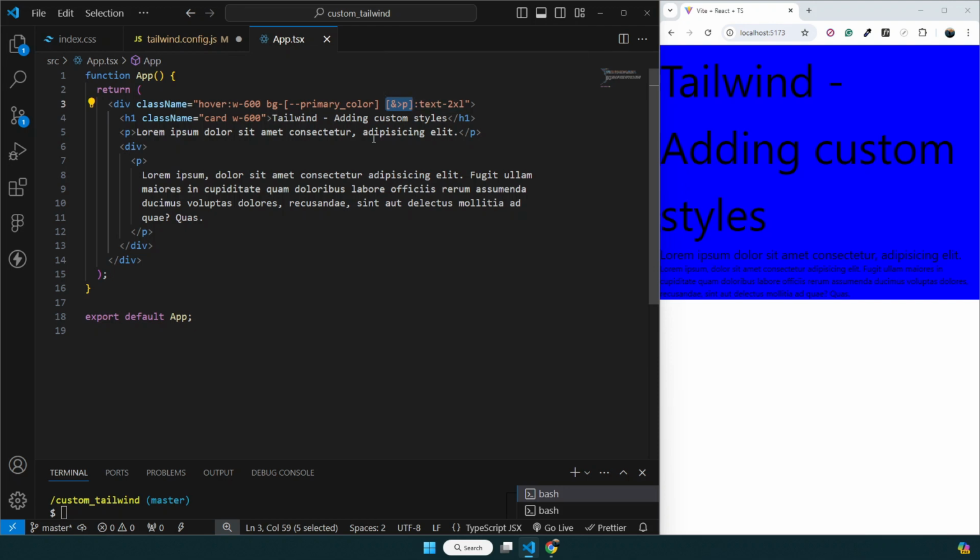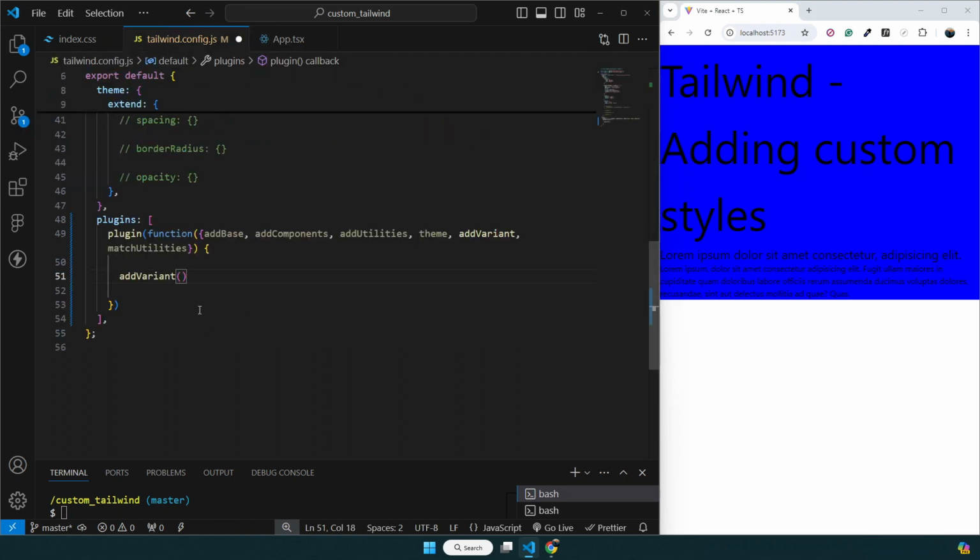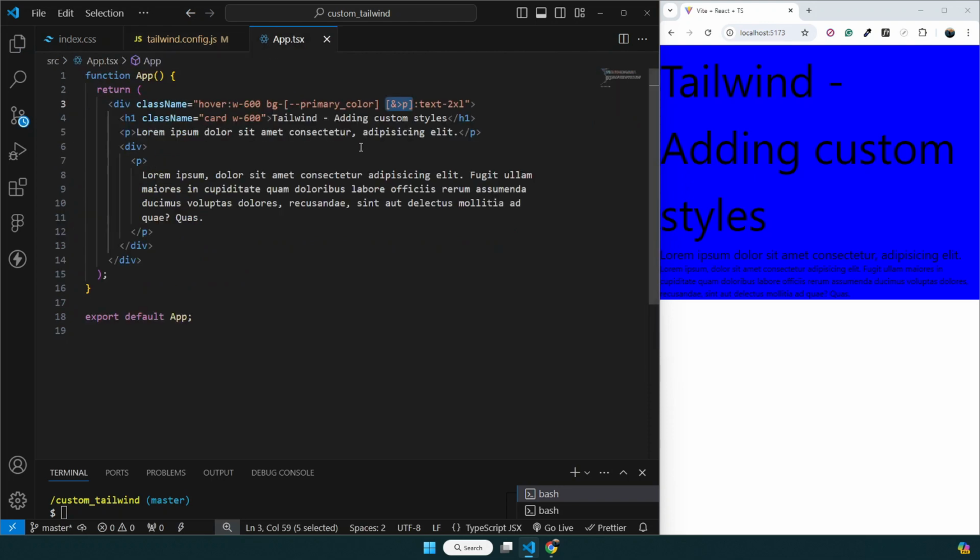unreadable, right? So what we can do is come back here and provide a name for that, a name variant. If I say child or something like that, this should mean this selector, right? So parent, and that's its direct paragraph child, right? Now if I save it and come back over here, I can